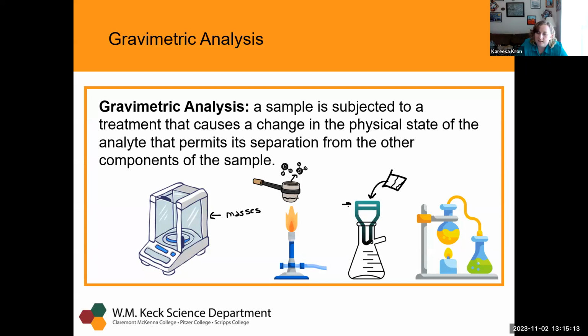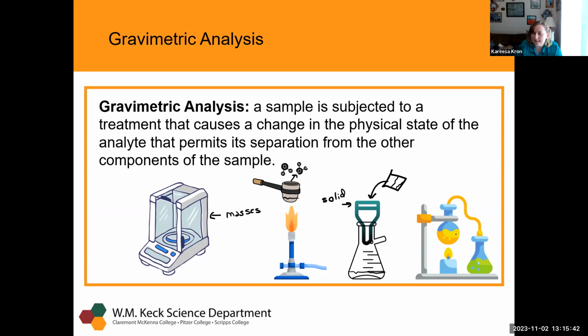And so then you can get a solid, which once again you can mass to see how much you created. And this is a physical state change where you created a solid and separated it from the liquid that it's in. So we can separate the components of our sample. And then similarly, there are other types of laboratory processes that we haven't done yet in this course, but where, for